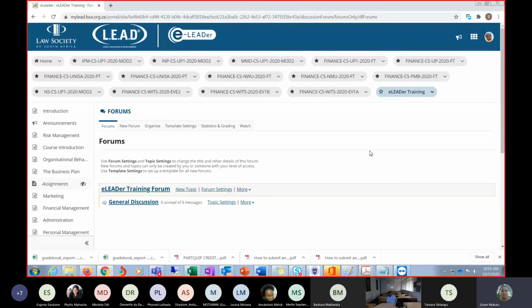For example, whilst the candidate was studying risk management, there are other things he couldn't understand and needs clarity from the facilitator. He just goes to the forum, types in the question, and the facilitator will respond. This too works well